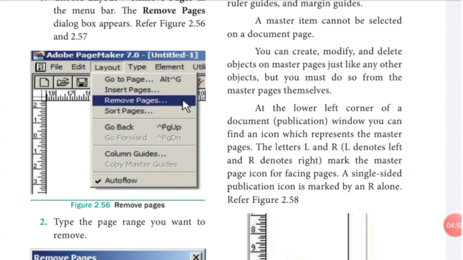At the lower left corner of the document window, you can find icons that represent the master pages. The letters L and R: L denotes left and R denotes right, marking the master page icon for facing pages. The single-sided publication icon is marked by R.